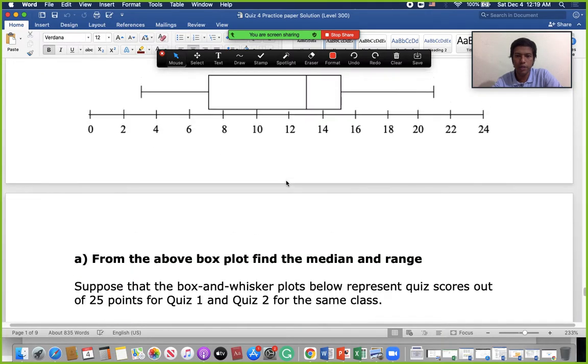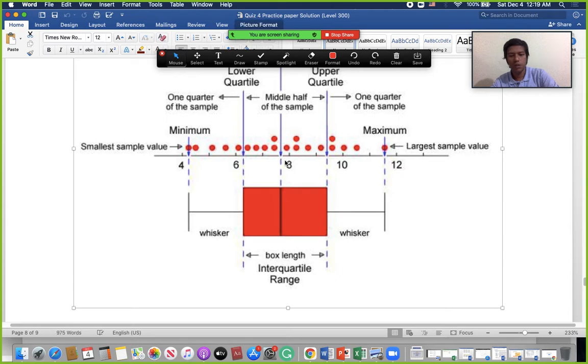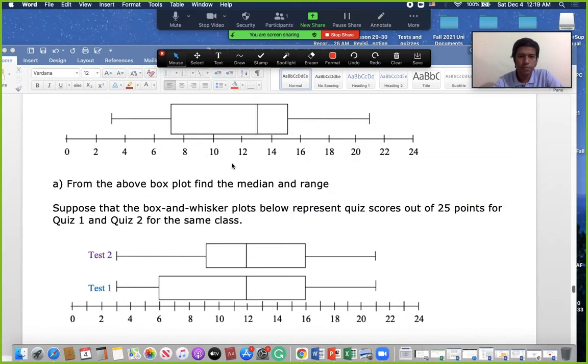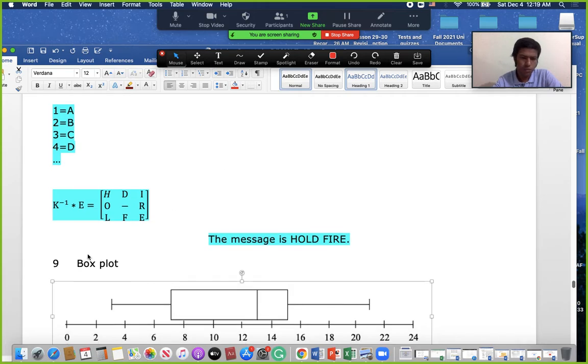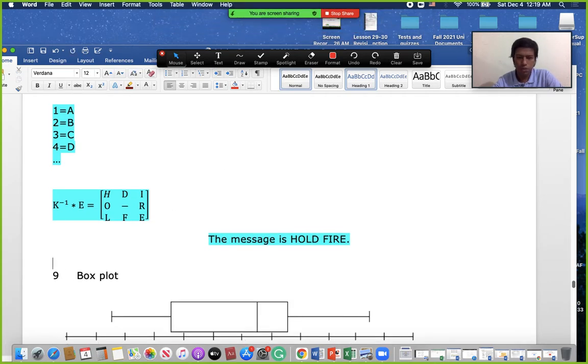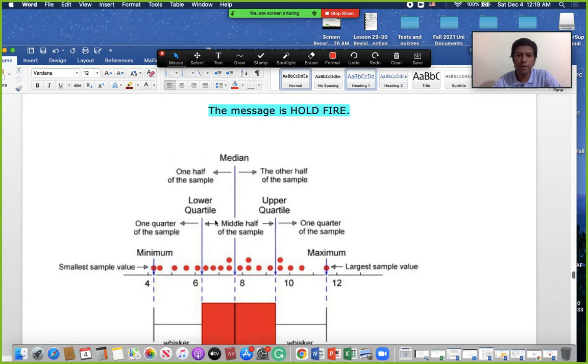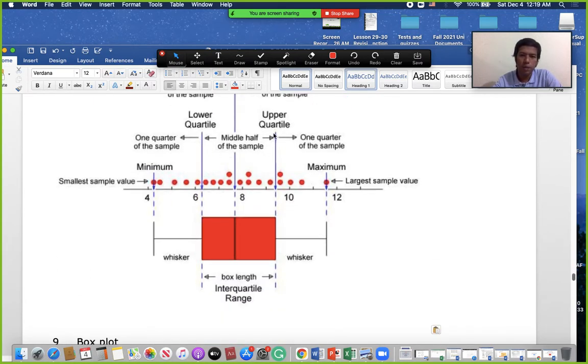This picture, I need this picture here. Control C. Then here, this is for concept development. This is the upper quartile, this is the middle half of this thing. This is one quarter, another quarter, another quarter, another quarter. Four quarters in the whole distribution. This is your quartile 1, this is your quartile 3, then this must be quartile 2. Yeah? This is the maximum value, this is the minimum value. So 25% of the data is here, another 25% here, another 25% here, another 25% here.